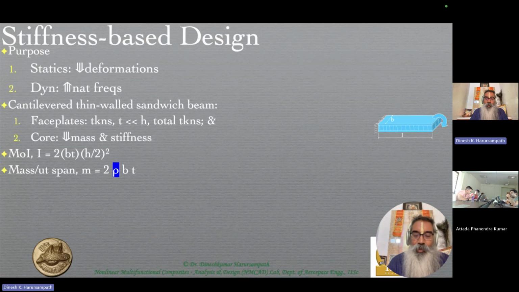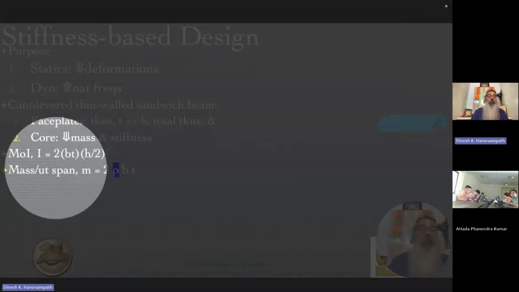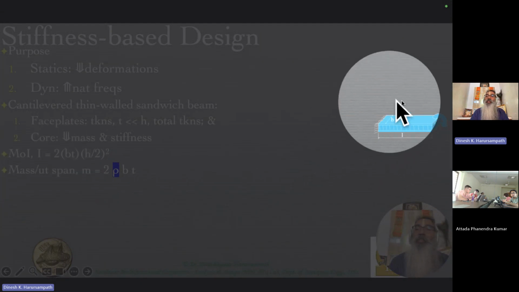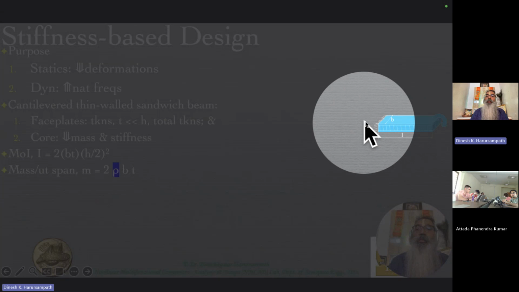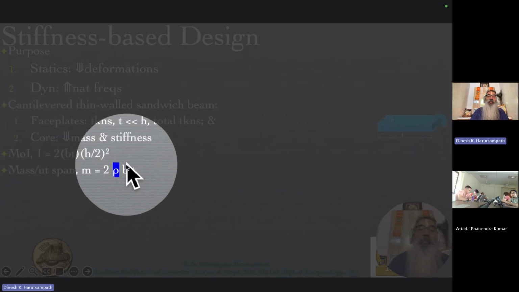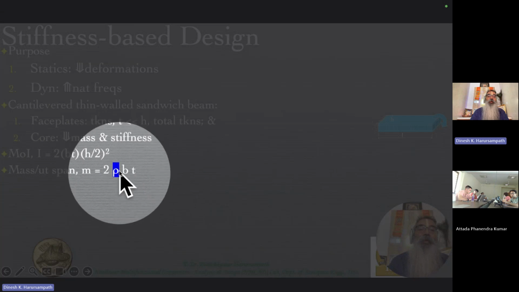Okay, another quantity. Once again, we are dealing with aerospace structures or any vehicular structure for that matter. It is a light-weighted structure and therefore mass becomes critical. And here we are talking of a mass distribution along the length. But since it's a prismatic structure, it doesn't matter. It's a constant all through. That mass is, of course, the mass density, which is in kilogram per meter cube, denoted by the Greek letter rho, like in the previous slide,